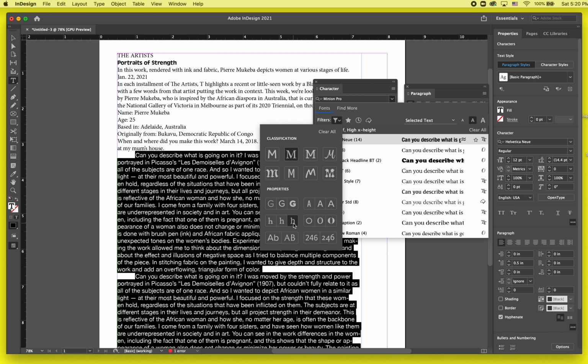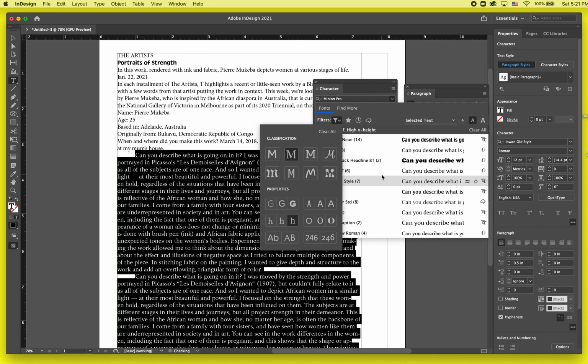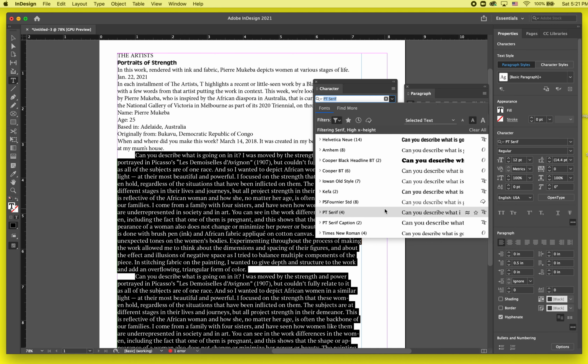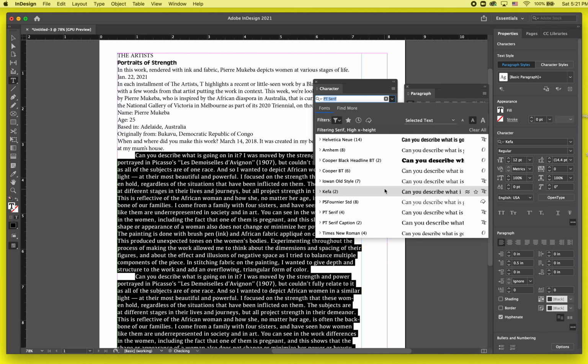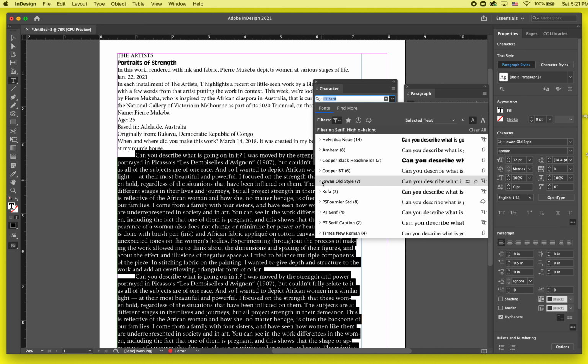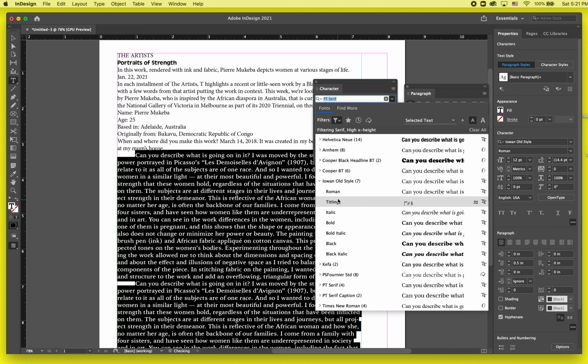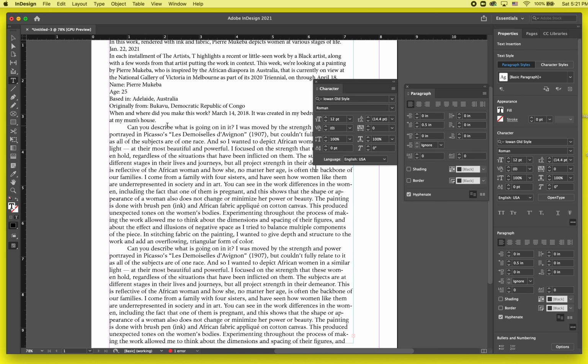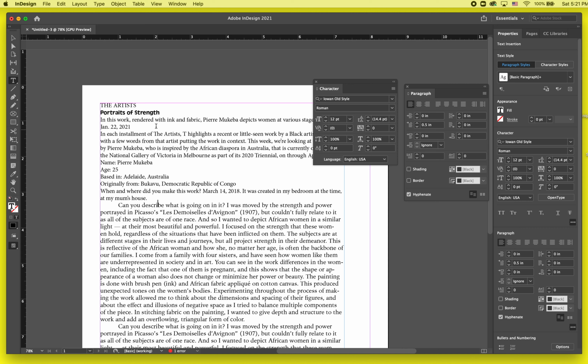Okay, that's very detailed, but you can be that specific with it, which is nice. So I'll pick Iowan Old Style, let's say, and I'll just do Roman. Okay. So again, I can continue doing that for every part of my